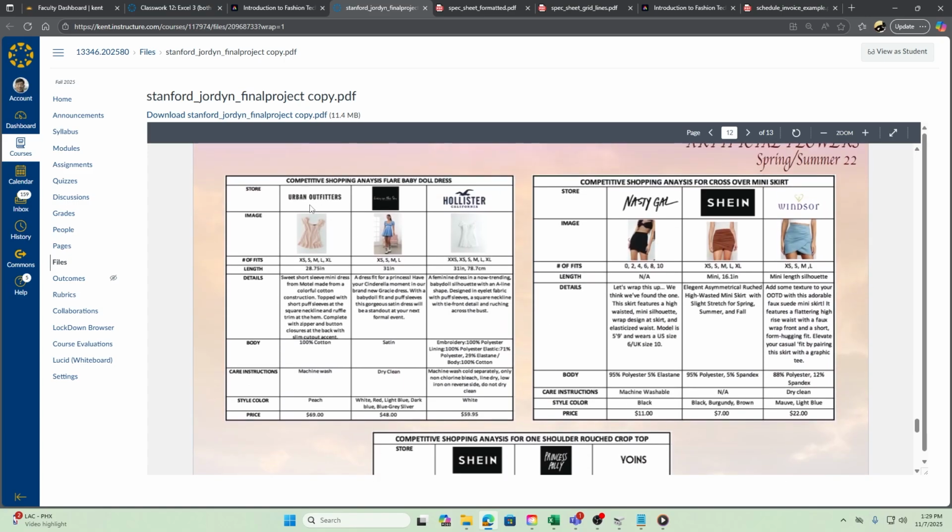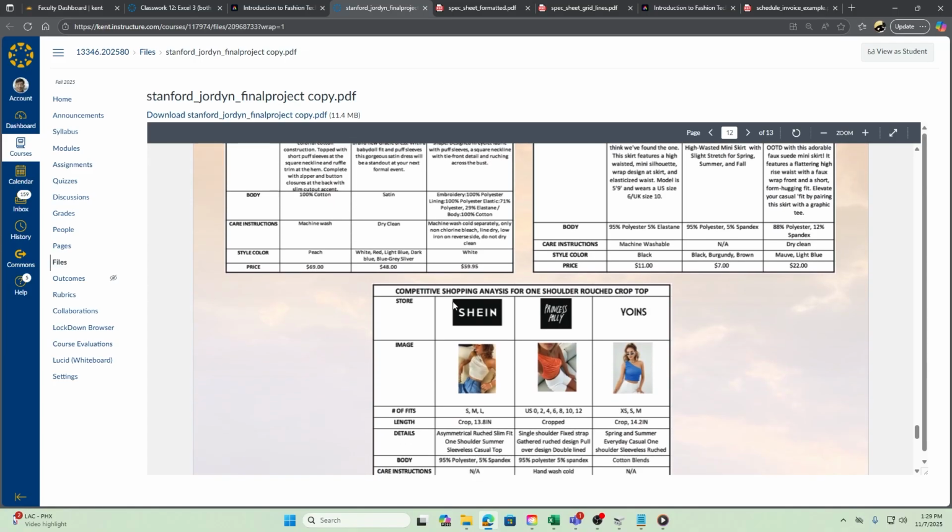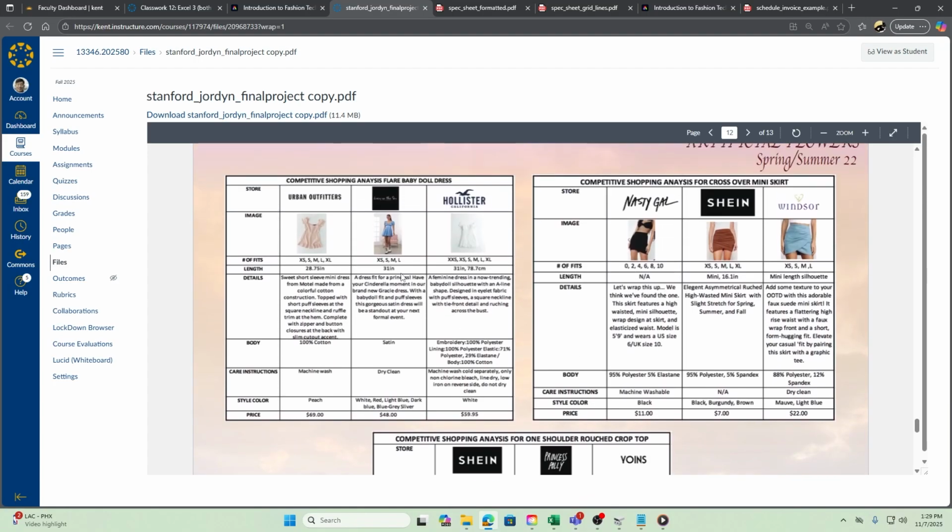You're going to be finding 3 companies that carry the same item as the 3 pieces of clothing that you have in your final project: a top, a bottom, and a one piece. You're going to copy and paste their logo out here. You're going to widen the rows so that you can drop these pictures in and resize them, so that at a glance we can see which piece of clothing we're talking about and all the necessary information about our